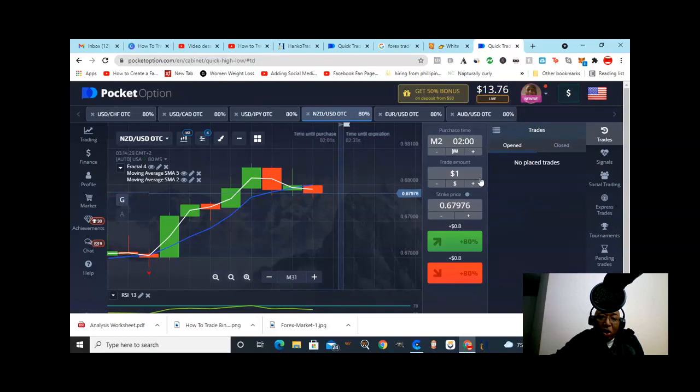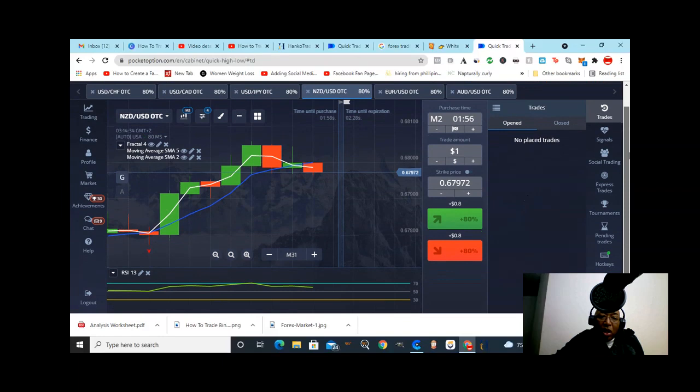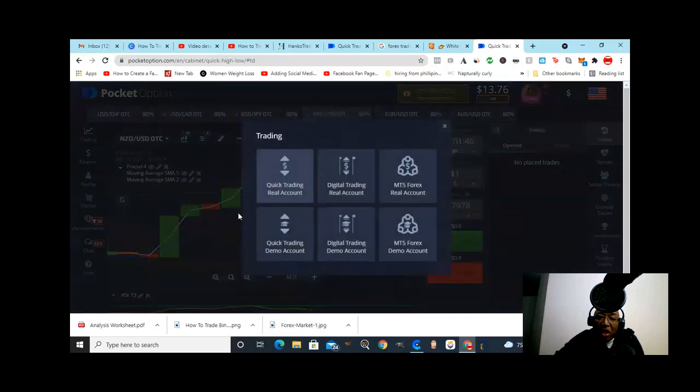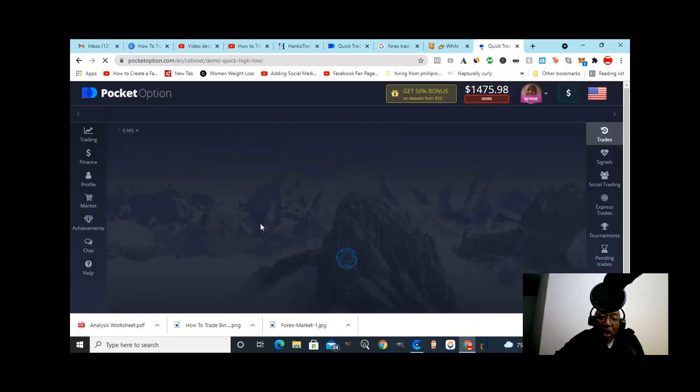But right now I just want to see how this strategy works, because this is something new that I'm practicing on the demo. And as you can see, when I go to the demo, where is the demo? Right here. I'm getting a lot of winnings in the demo using the same strategy. And when I come to the